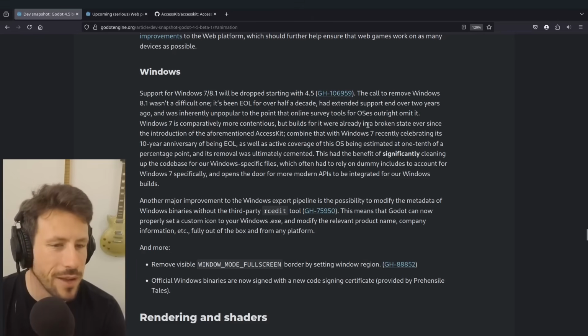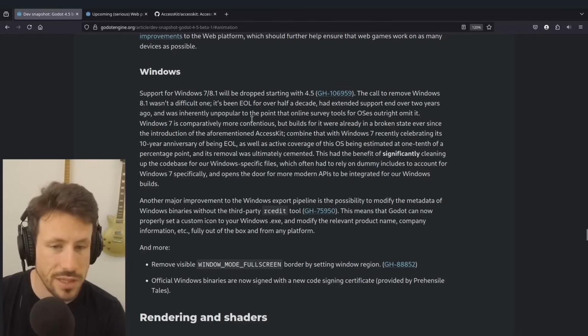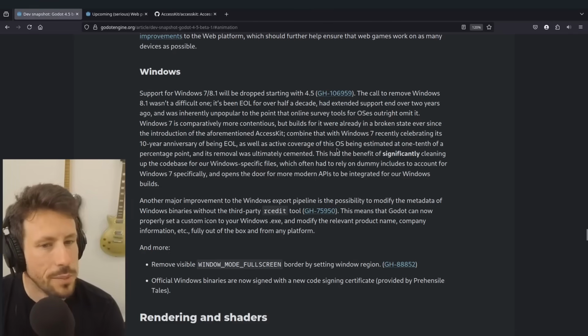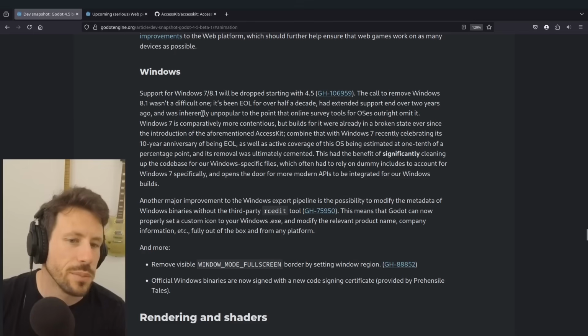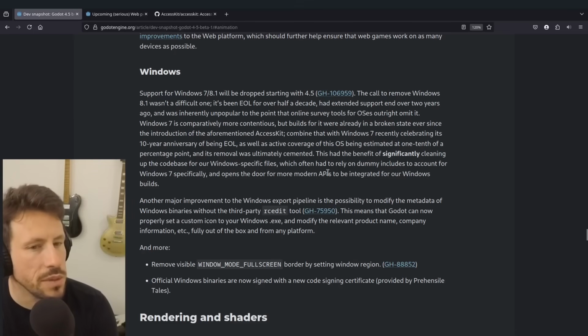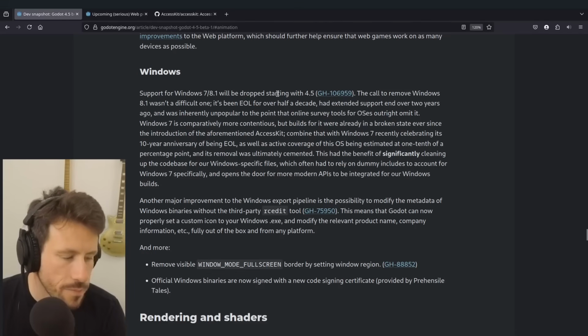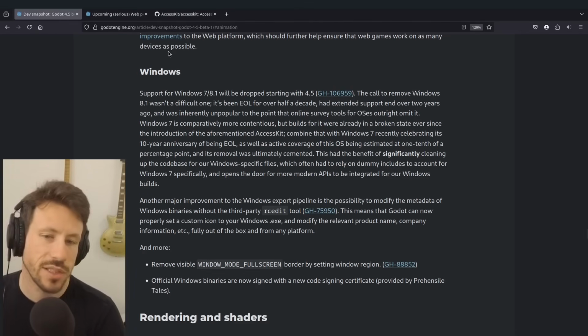The call to it wasn't difficult. It's been end of life for half a decade, and they extended the support. I'm surprised they even did that. But Windows 7, obviously more contentious. There's probably a lot of people out there who still use Windows 7. Honestly, if Windows 7 was still around or in support, I would maybe even still just be using that instead of Linux. Windows 10, Windows 11, it's a lot of overreach in terms of what an OS should do,